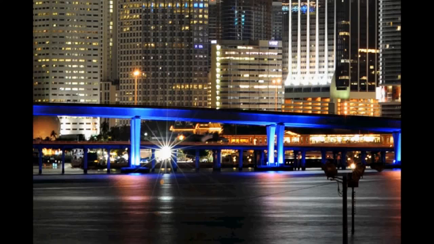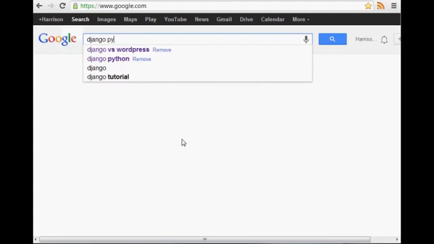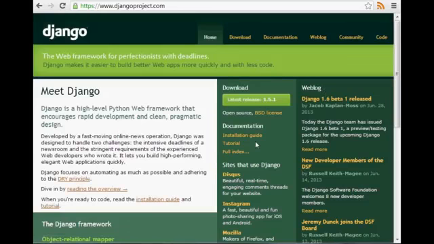So anyway, now that you know the background there, let's hop into installing Django. What you'll first want to do is head over to your favorite internet browser, which by now ought to be Google Chrome. I would just search for Django Python or something like that. The website right now is djangoproject.com, so you just click on that, wait a second, and get taken there. This is the Django website.